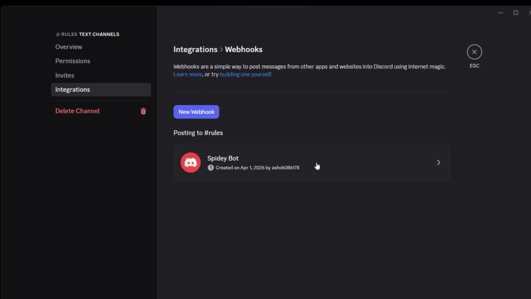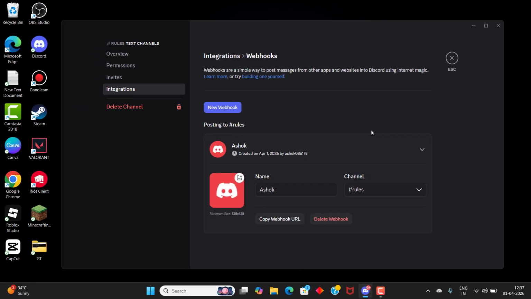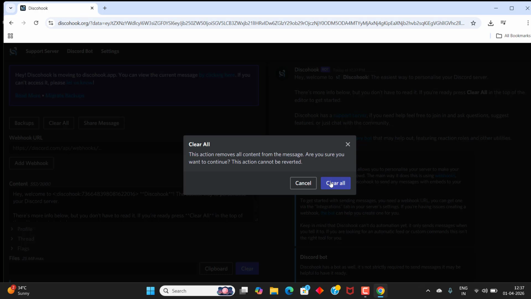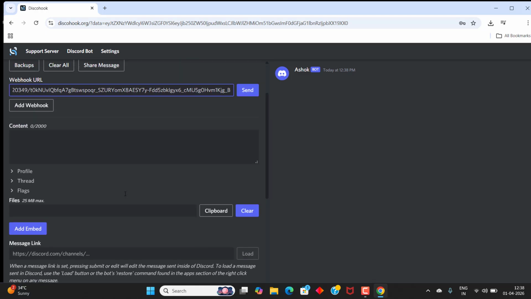After creating it, click it and name it after your server name, then save changes and copy the webhook URL. After copying, go to Discord hook and clear all. After that, put the URL in and come downside and